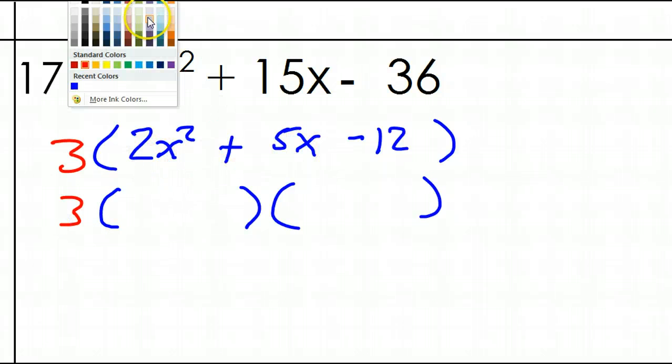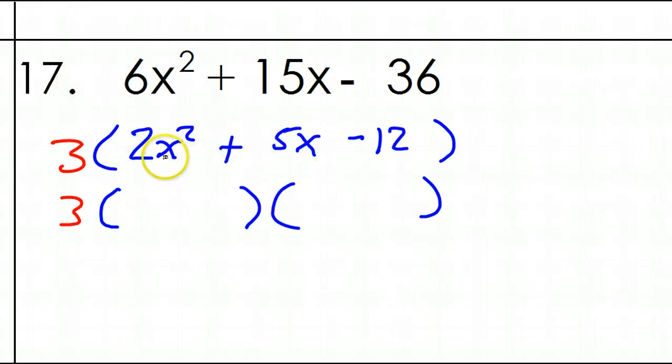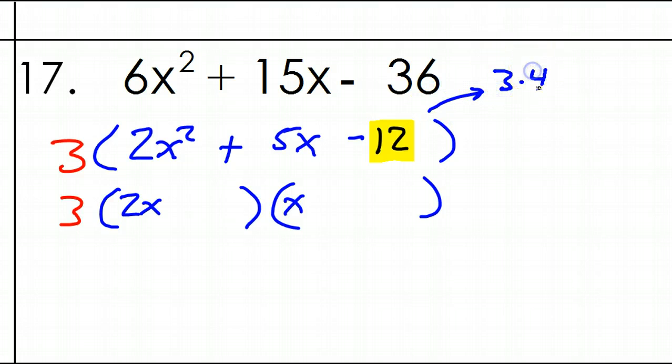Alright, so let's do our process. 2x squared, you look at the 2x squared first. 2x squared can only be 2x times x. Okay, now you hop over and you look at the 12. 12 has several options. 12 is either going to be 3 times 4, or 2 times 6, or 1 times 12. There's 3